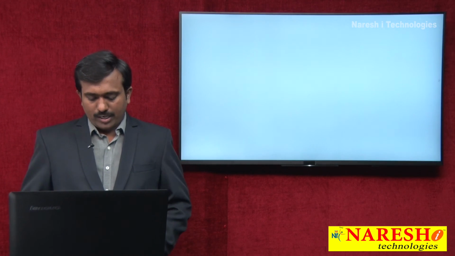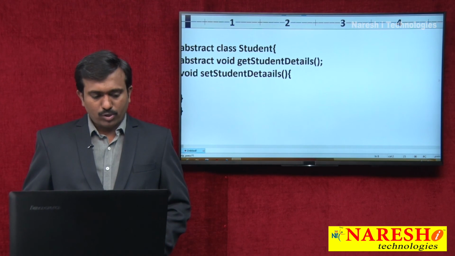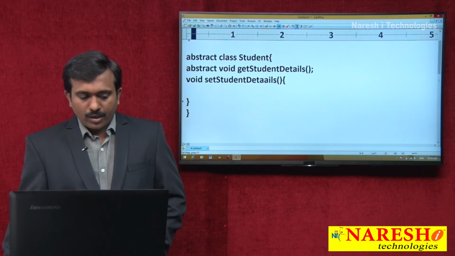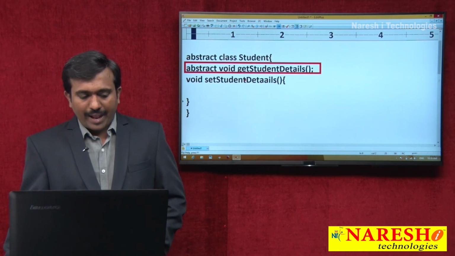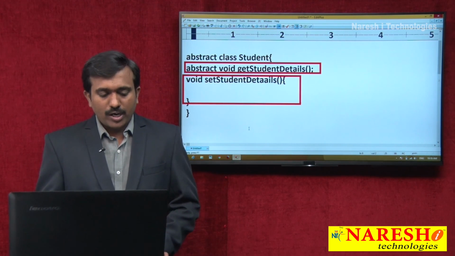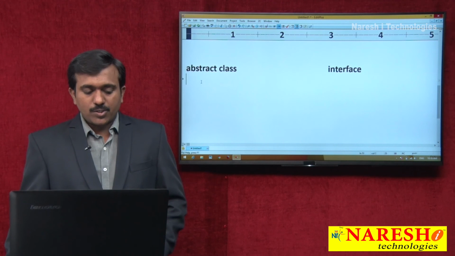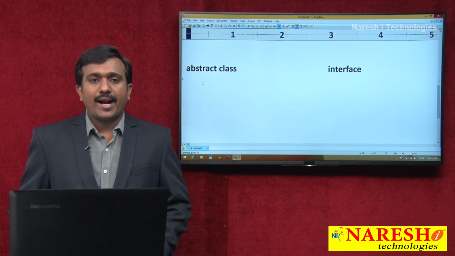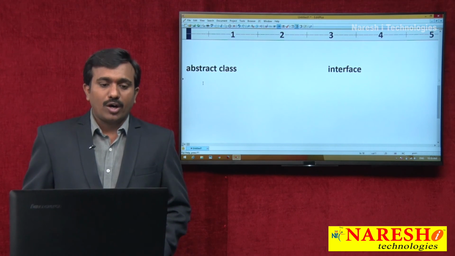So in this abstract class, it is possible to write abstract methods as well as concrete methods. So an abstract class allows 0 or n number of abstract methods and 0 or n number of concrete methods.